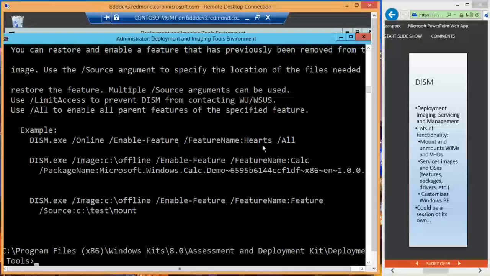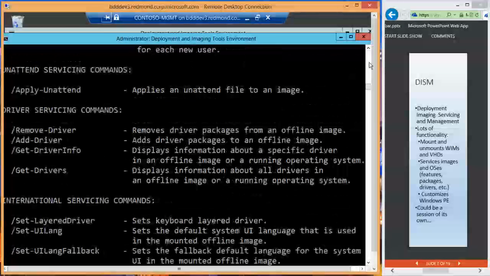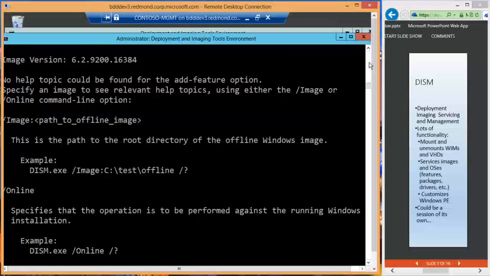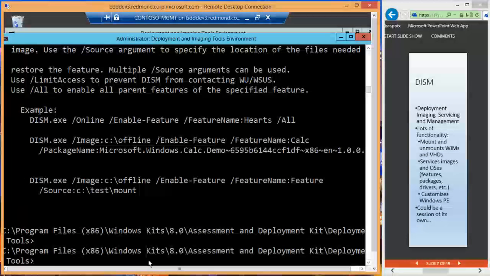So the example adds the game Hearts, which I don't think is present on a server operating system, so that won't help. I scroll back up here. I want to do Win Server Tools, save myself some typing. Feature name,